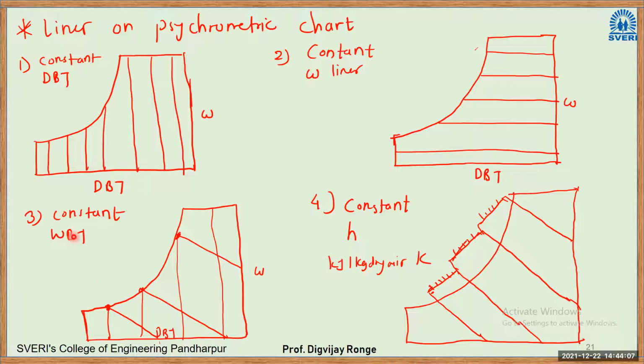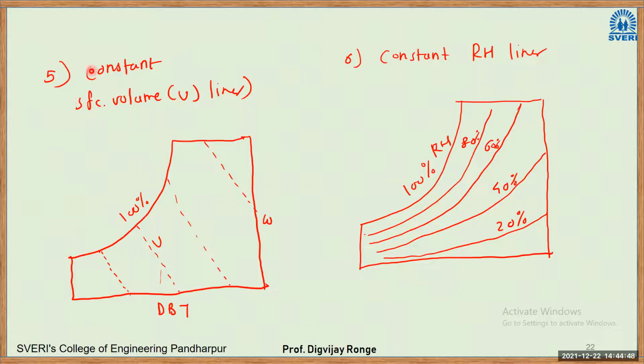Now here we have constant WBT lines that I have shown you on the ASHRAE chart. These are somewhat inclined lines. Then we have constant enthalpy lines. There is an enthalpy scale, and from that we have constant enthalpy lines. So these are some of the lines which are present on the psychrometric chart. This may be asked in one of the MCQs. This diagram will be given to you and it will be asked, what is this image of? So this is constant DBT, constant specific humidity, constant WBT, and constant enthalpy. Lastly, here it is constant specific volume lines.